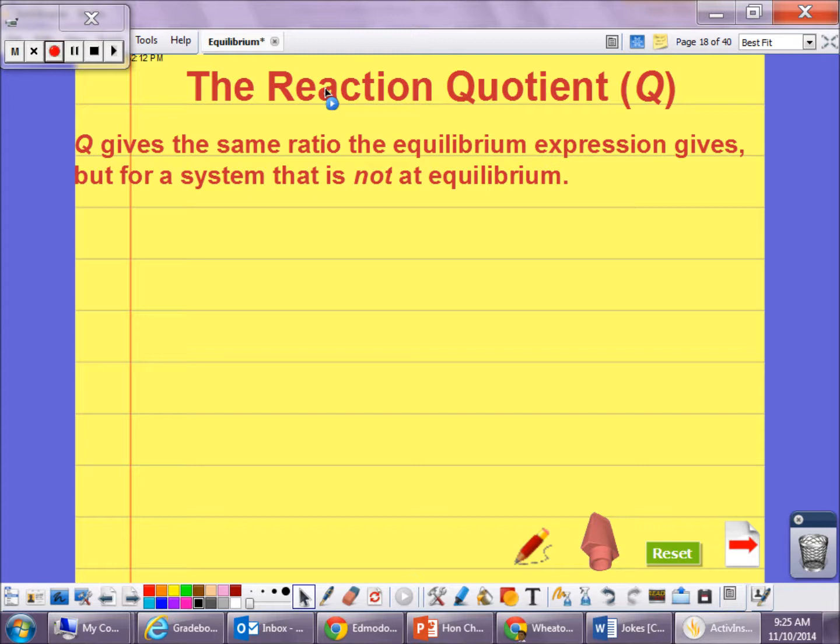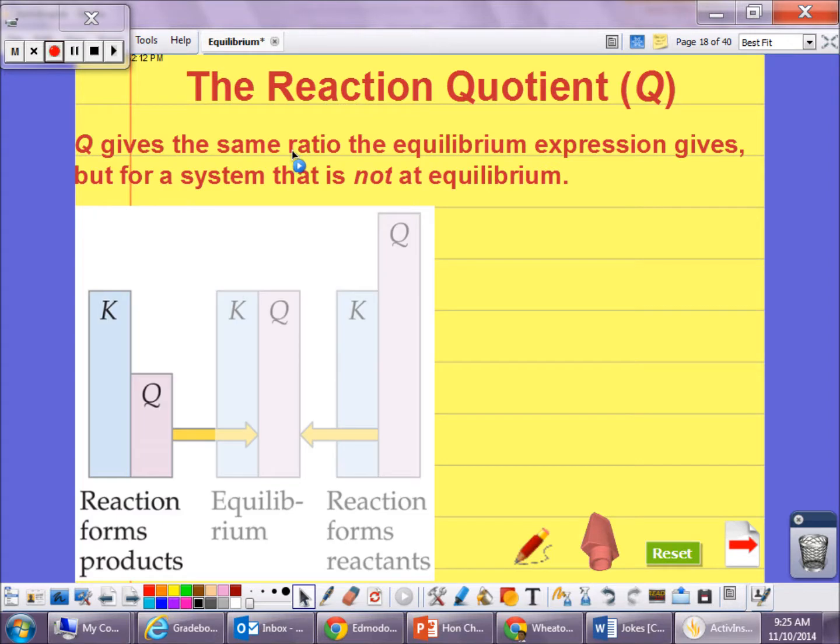So you will be dealing with Q a lot. Now, if I look at this carefully, when K equal Q, the equation is at equilibrium. K equal Q, equilibrium. If Q is less than K, the reaction, now let me give you two easy tricks